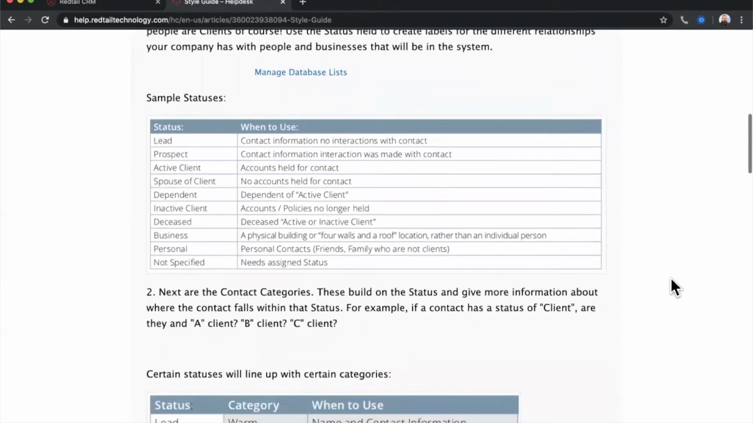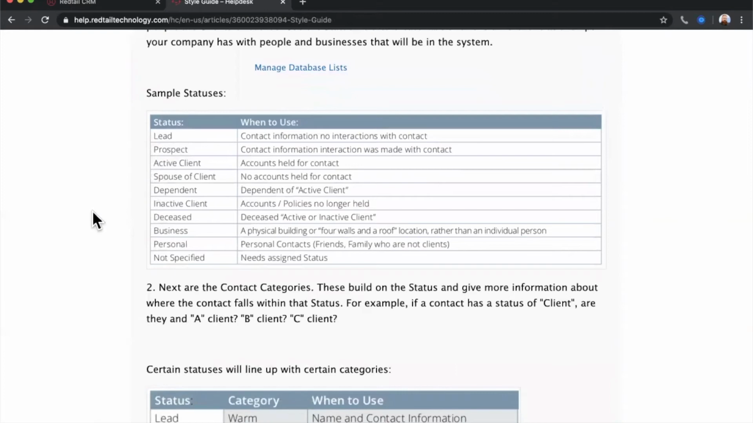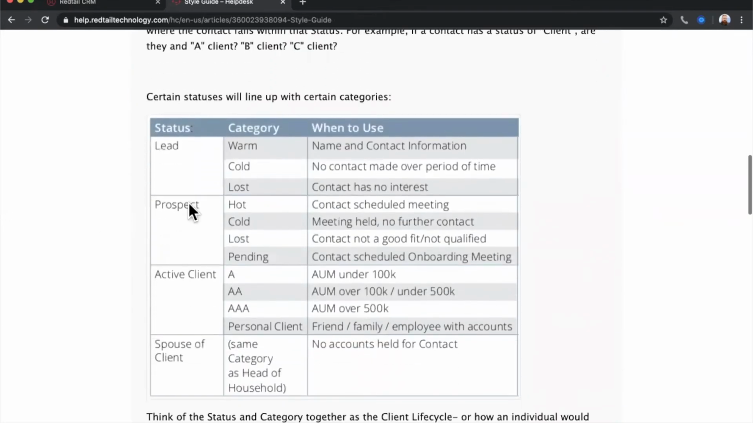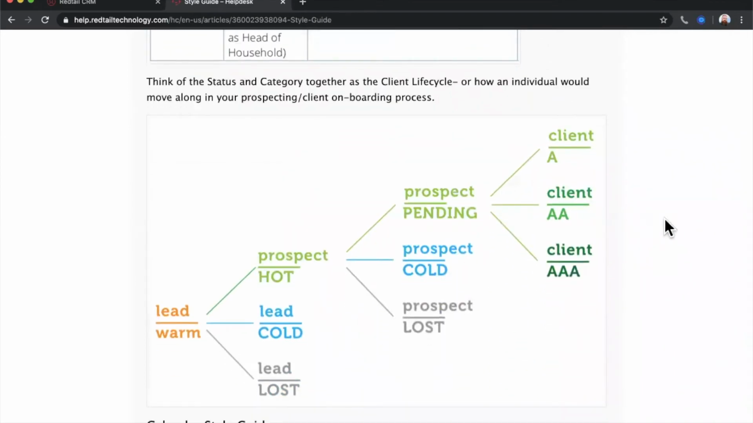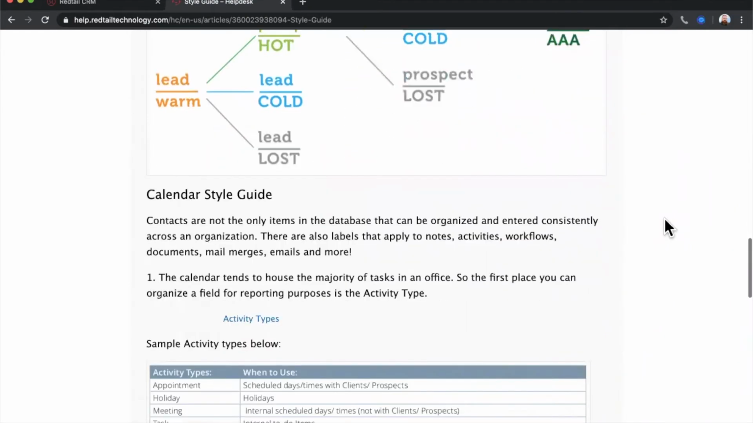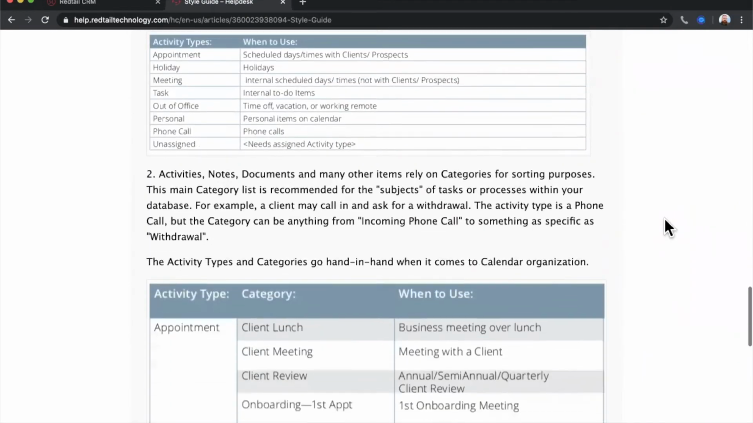So maybe you want to give some definitions just to your statuses. Maybe you want to give definitions to your statuses that include the categories. Or maybe even if you want to see that one graph, like how can I move them forward? What's the flow chart of going from a lead all the way to a client? These are all just examples to give you just a head start on how you want to set up the